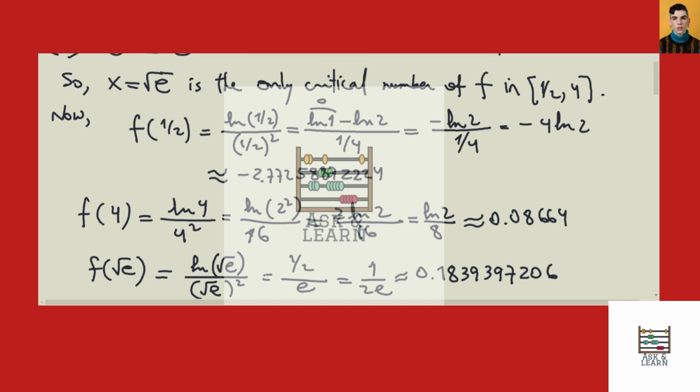So between these values is the absolute minimum and the absolute maximum values of the function,